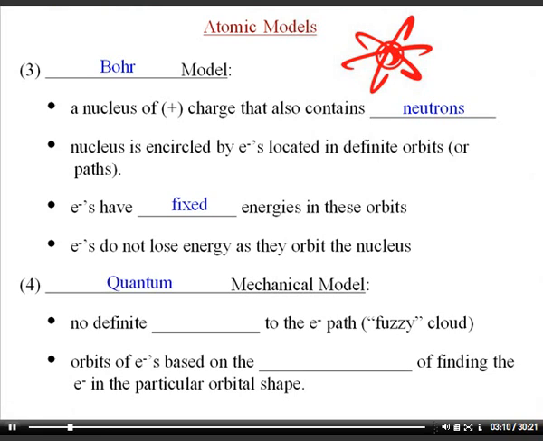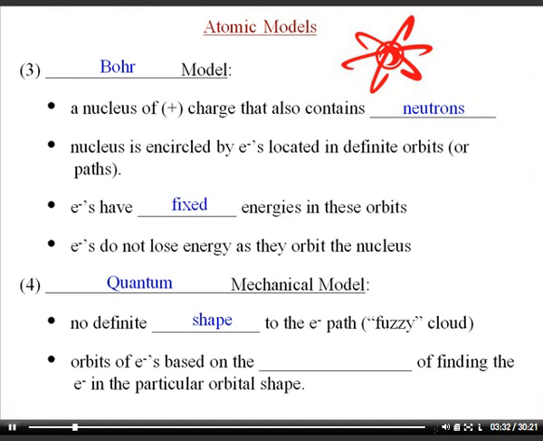The last model is the quantum mechanical model, which is what we use today. And the quantum mechanical model has no definite shape to the electron path, so instead of the electrons spinning around in nice little circles, it's more of a fuzzy cloud. I describe it as bees circling a beehive. Most of the bees are located near the hive,